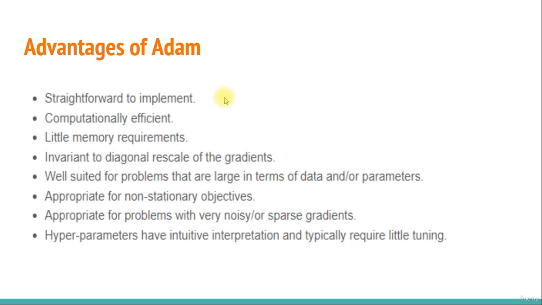So some advantages of Adam: it is very straightforward to implement, computationally it is very efficient compared to gradient descent, it has little memory requirements, and it is invariant to diagonal rescaling of gradients. So it is well suited for problems that are large in terms of data or parameters. So this was the disadvantage that we saw in normal gradient descent algorithms. It is also appropriate for problems with noisy or sparse gradients, so it can handle these kinds of data. Hyperparameters have intuitive interpretation and typically require very little tuning. So these are a few reasons why Adam is probably the most popular and widely used optimization algorithm